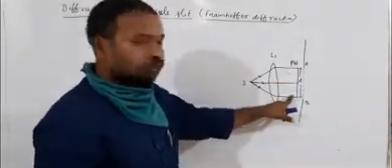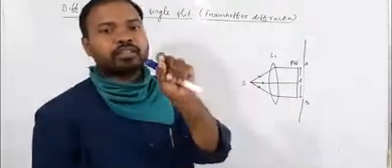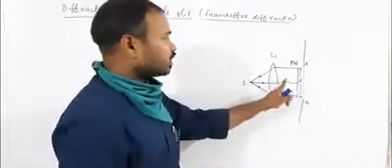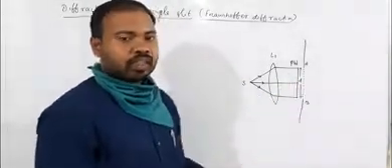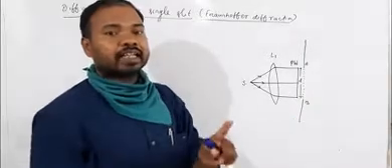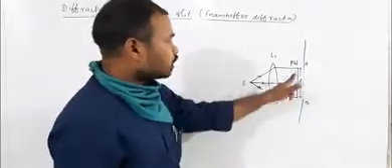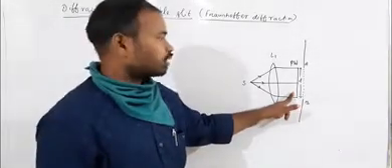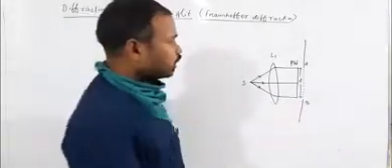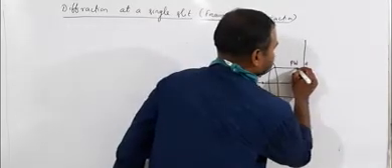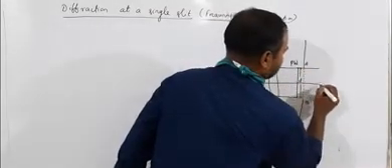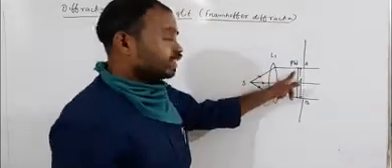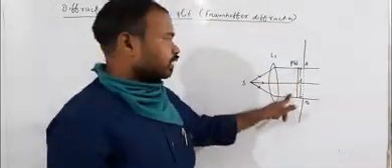If this is the primary wavefront, then every point on the primary wavefront acts as a new source from which light travels equally in all directions. These are called the secondary wavelets. These secondary wavelets interfere with each other and produce the diffraction pattern. So light after passing through the single slit interferes, that means the secondary wavelets interfere with each other.